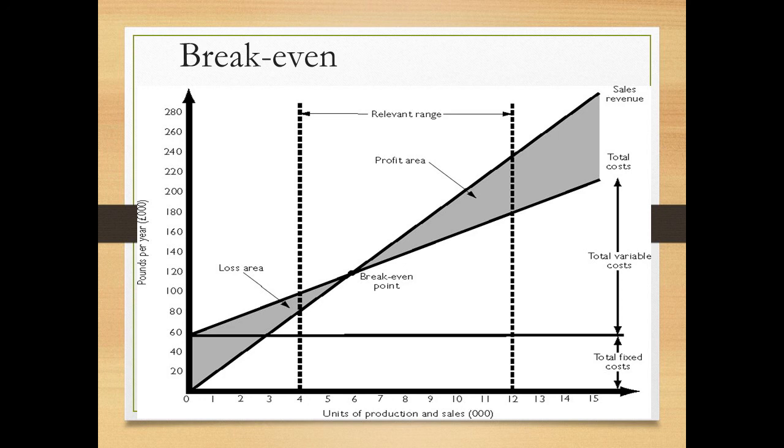So you may have to identify what the break-even point is in this situation. It's easier to do on graph paper, but we will not be asking you to create charts on graph paper in the exam. So there will be no graph paper provided in the exam. Neither would you need